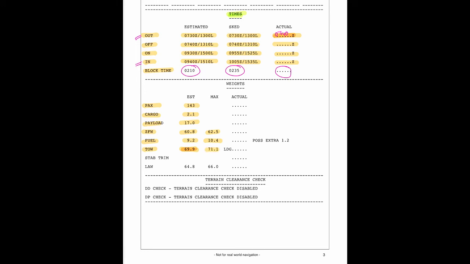I am saying that it is estimated. Zero fuel weight is estimated, but it can be like that. If we take fuel, maximum we can take 10.4 tons of fuel. We cannot take greater than that. Our takeoff weight will be 69.9 tons, but it can be maximized up to 71.1 tons. Landing weight is 64.8 tons, but maximum we can have 64.66 tons. But this is the actual, so we have to fill that in, and there are weight changes over here, so this is approximately like that.